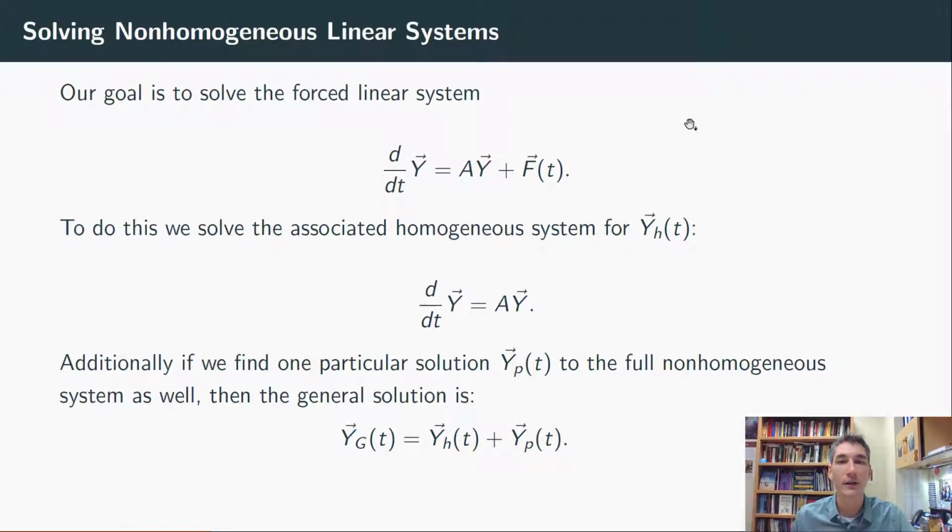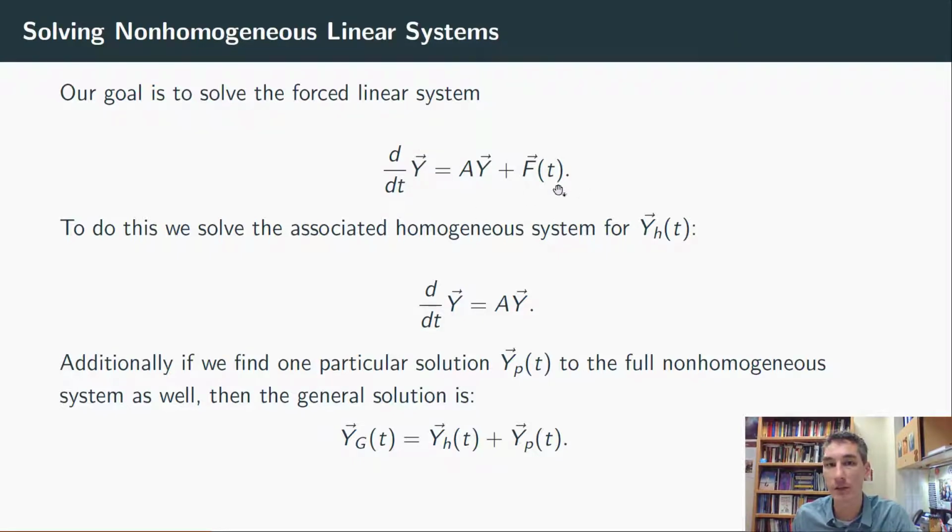Let's take a look. We've already seen homogeneous linear systems like this one, where you've got a vector y, maybe it's x comma y, and then a 2x2 matrix A times xy, or just written abstractly, the derivative of vector y equals matrix A times y. And we know how to find the homogeneous solution. We've done that before. But what we haven't done is a forced system where you've got the linear system here